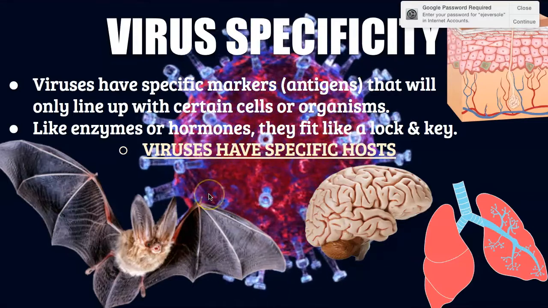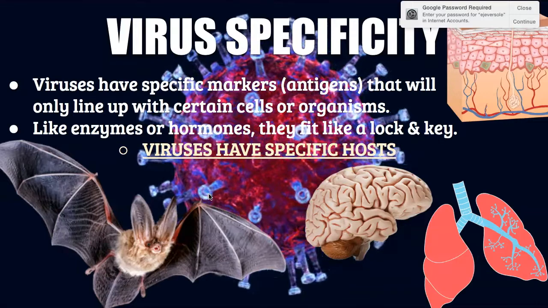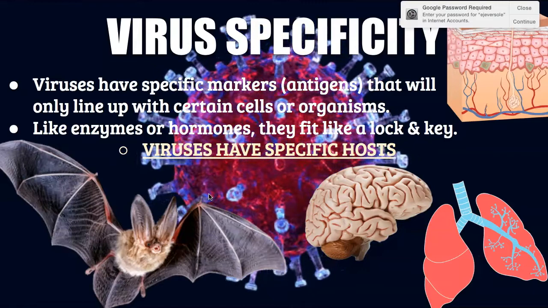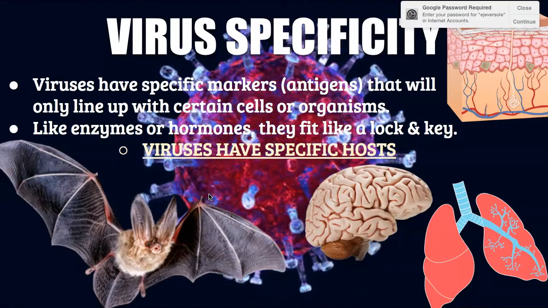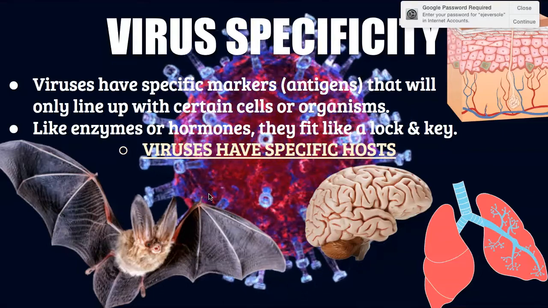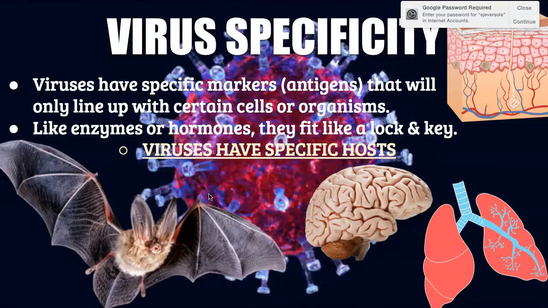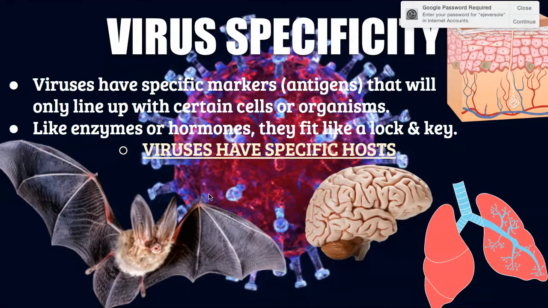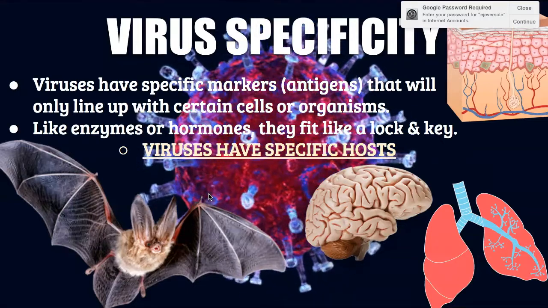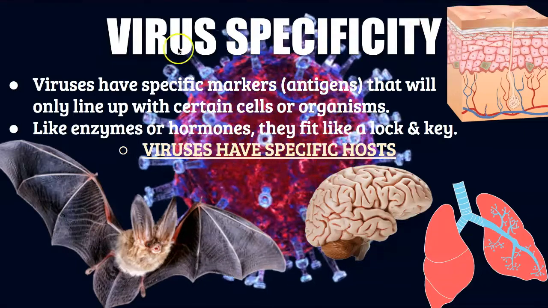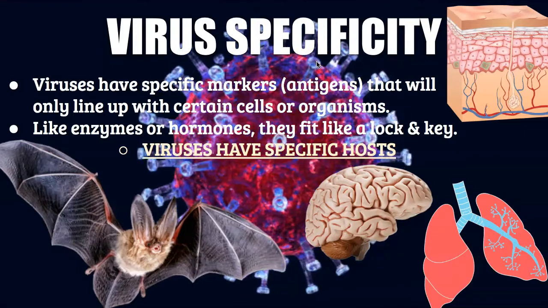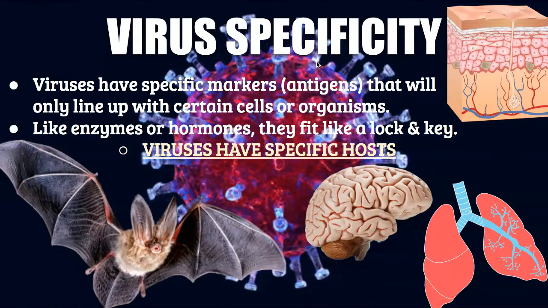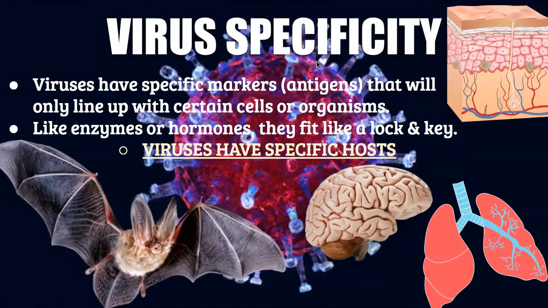Now, they can also be specific, and generally are specific, to species. What I mean by that is, let's just use the example we were talking about the other day with tobacco, the tobacco mosaic virus. That's a plant virus. So if you were to get that on your skin or ingest that somehow, you are not going to get, most likely, the tobacco mosaic virus. And the reason for that is because viruses are specific. They have specific hosts. In other words, it's really hard for a virus to cross species. So with that being said, even with other mammals, it's going to be hard.